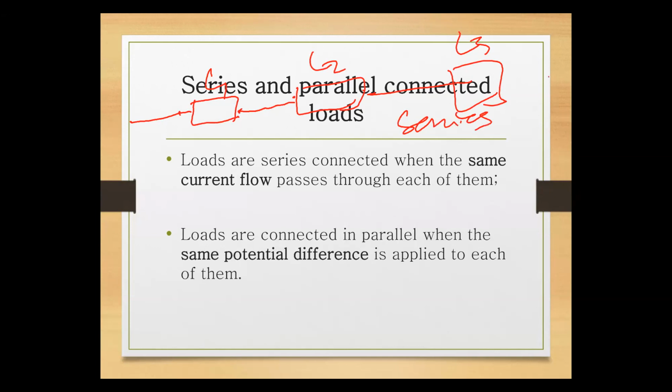So in a series connection, the same current flows. So the current I1, which is in here, is the same here. We're going to have I1 still here on L3. I1 is the same current. So in a series or a line connection, current doesn't